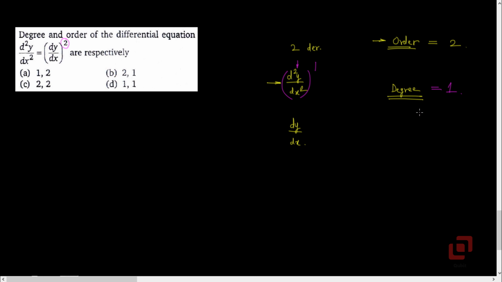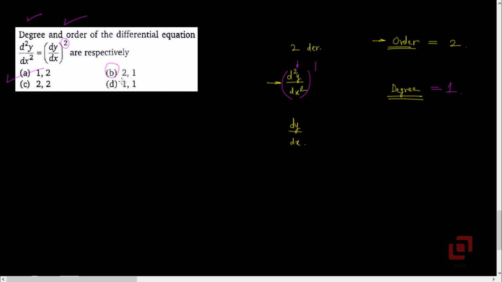However, while picking the correct option, you should pay attention to what comes first. We are familiar with problems where we first write down the order and then the degree, but in this problem, they are asking the degree first and then the order. Degree being 1 and order being 2, we should pick that option which has 1, 2 in it, hence option A. If by mistake you mark option B as the right option, then that is wrong, because that would mean that the degree is 2 and the order is 1.